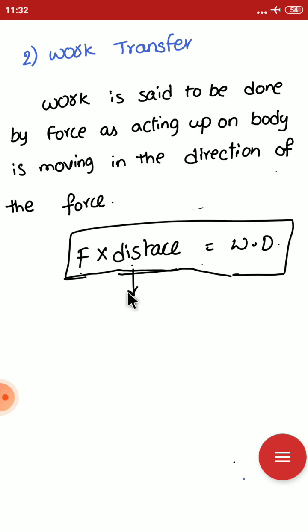Okay, the distance moved parallel to the force is the magnitude of the mechanical work. In thermodynamics, work transfer is considered as occurring between the system and surroundings. The work is said to be done by a system if the sole effect of the things external to the system can be reduced to the rising of a weight.